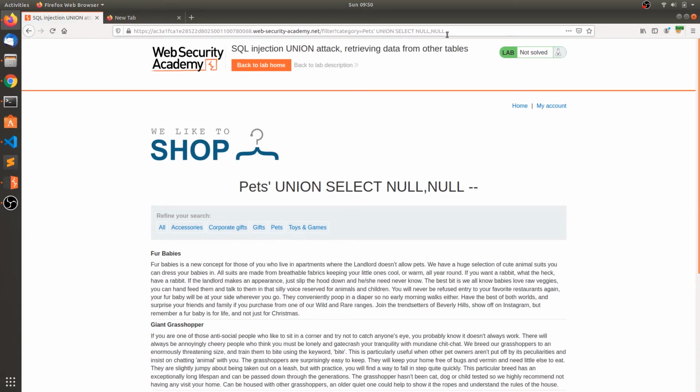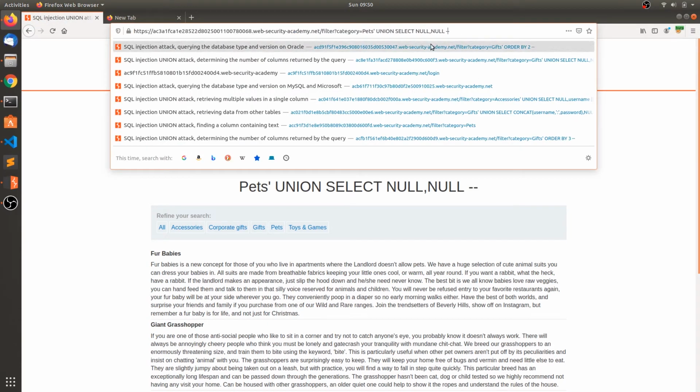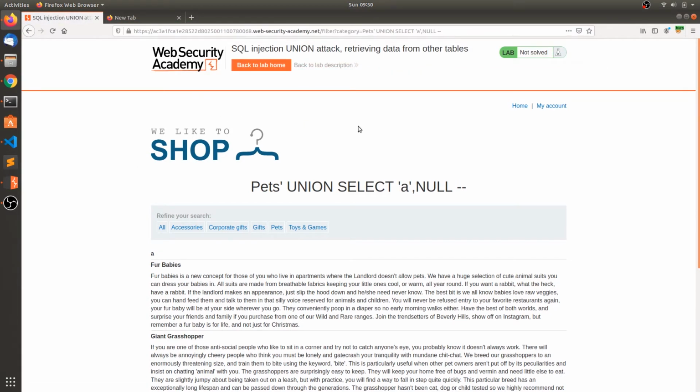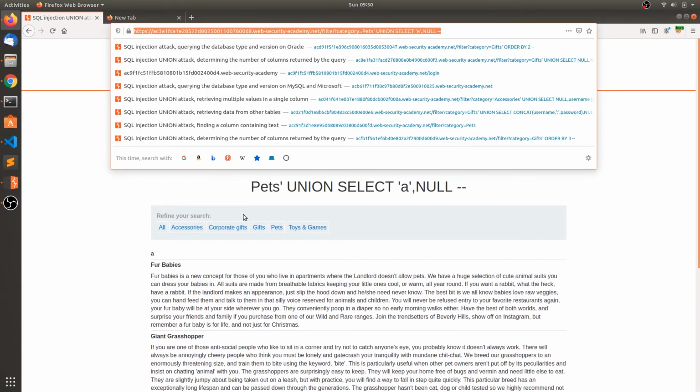Let's change the first null to the string A. Now you can see the A here because we have selected it in the second select statement. So that means the first column is a string type.